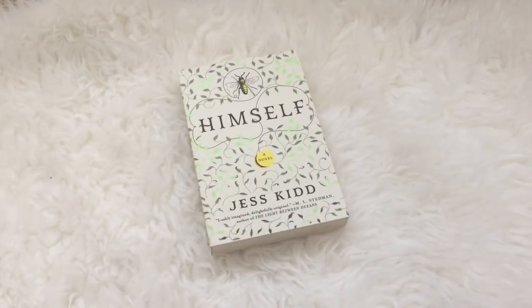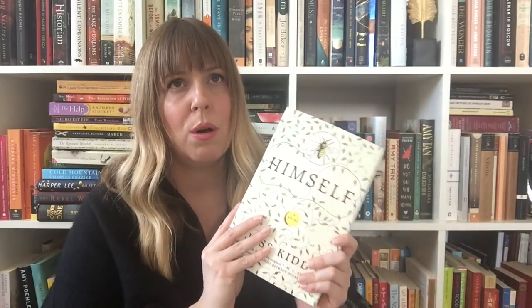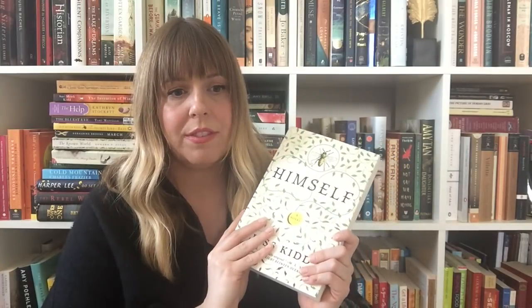This next one is called Himself by Jess Kidd, and I don't know if you can see it, but it's metallic. Some of these leaves are metallic and they're lovely. I was drawn to this because there's a blurb on the front by M.L. Stedman, who wrote Life Between Oceans, and this is a story about a man who was an orphan, and he